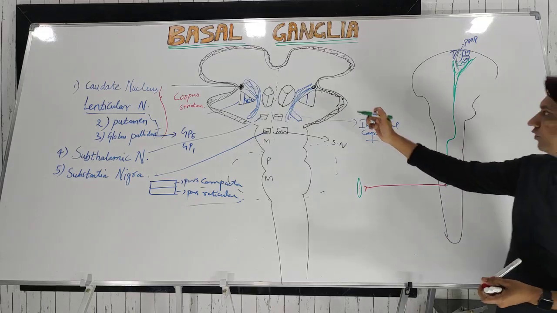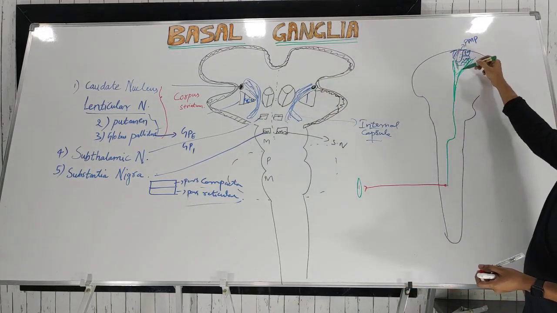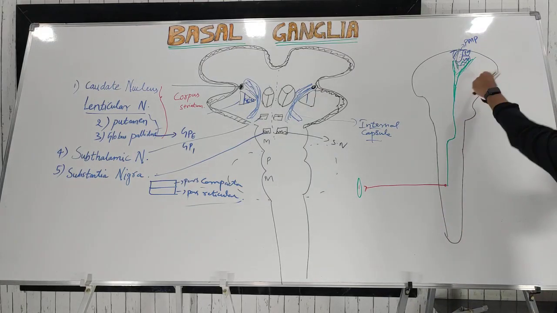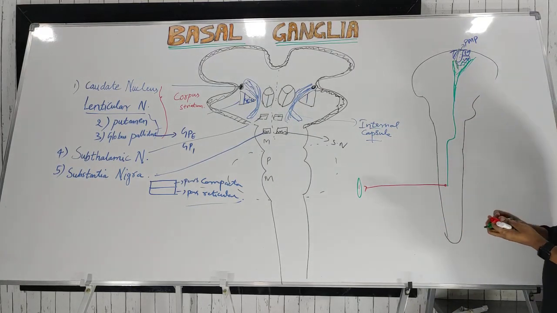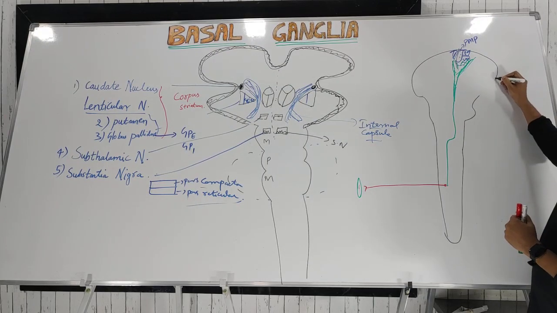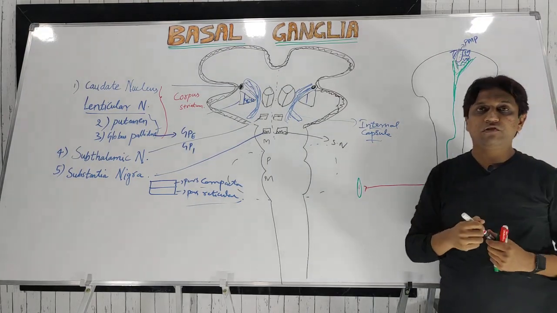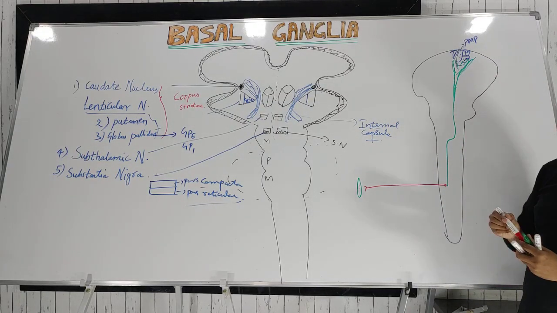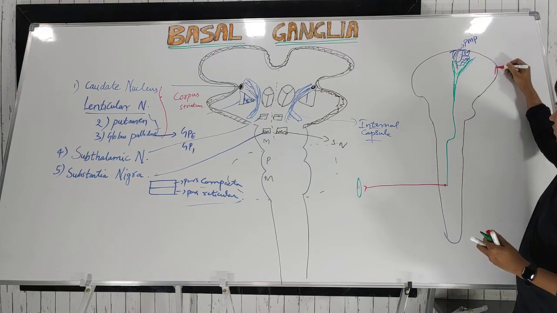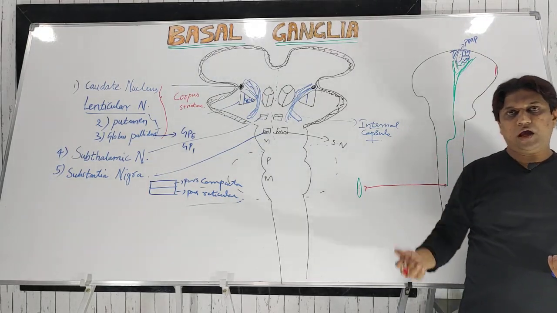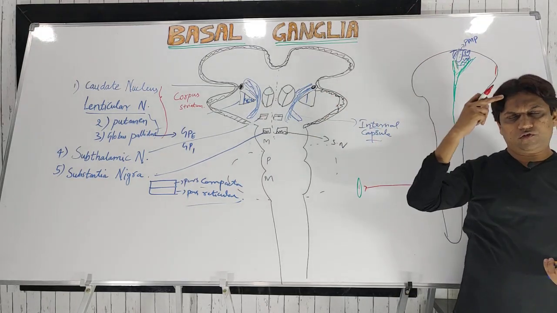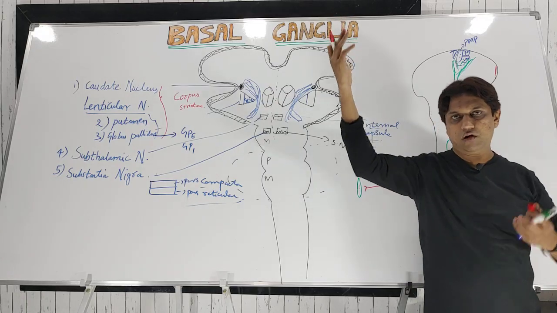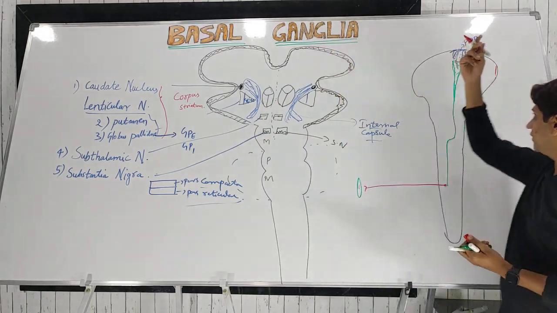Okay, now what is the role of this basal ganglia, if it is mainly controlled by the motor cortex? I'll let you know the exact role. See, for any motor activity, first there will be the thought process. This thought process first originates in the prefrontal cortex. Suppose I want to raise my hand, first the thought process will be there that I want to raise my right hand now, not the left hand, only the right hand. So first will be the thought process.